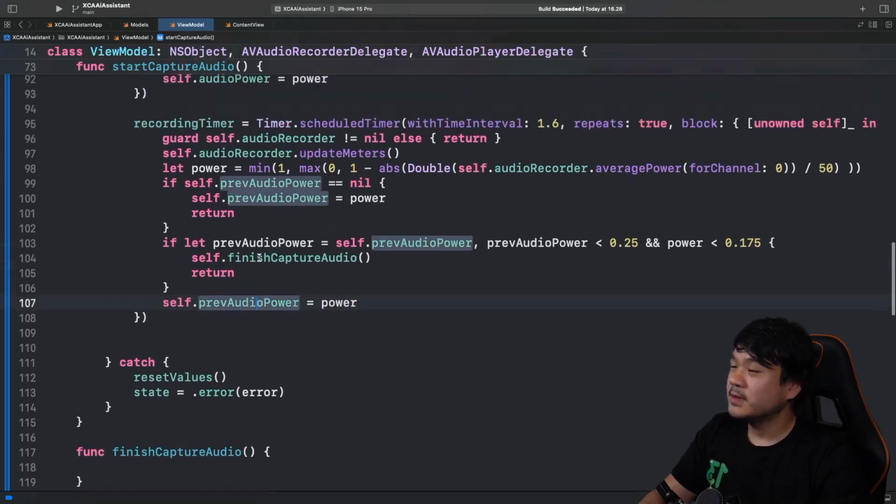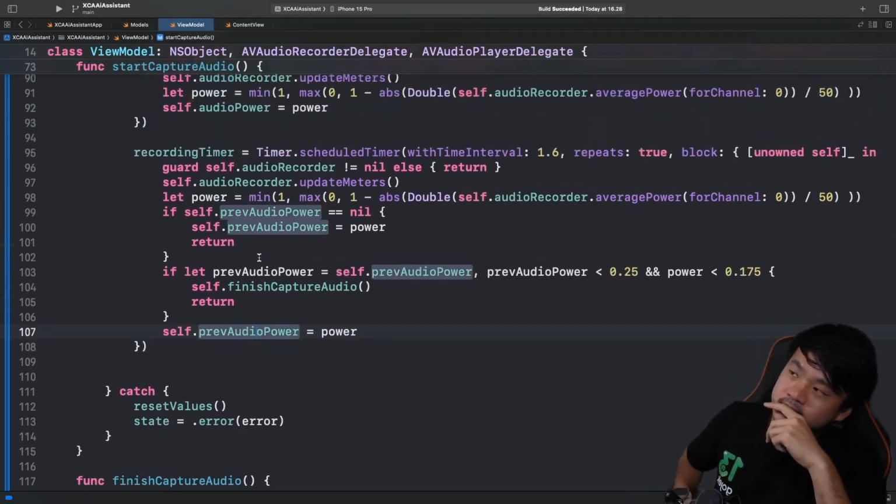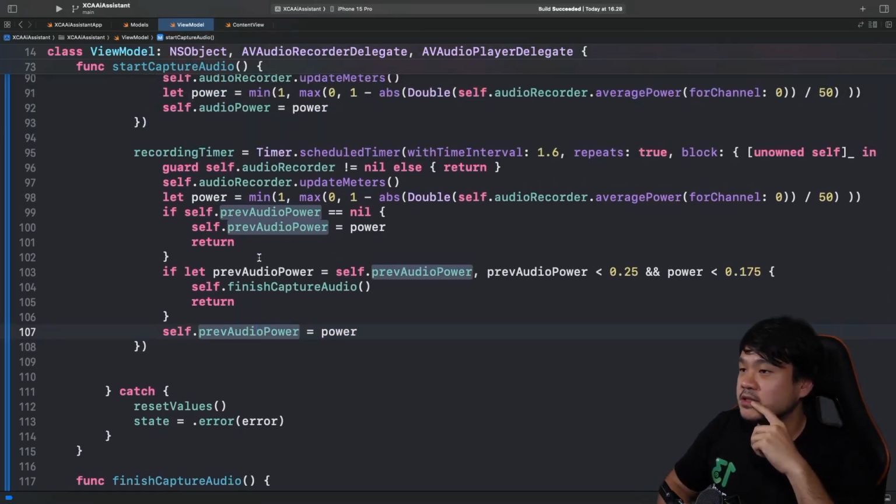Okay, so basically this simple mechanism will just detect if the previous sound is not there. We're going to assign it. Then next time it gets invoked after 1.6 seconds again, we check if the previous audio power is less than 0.25 and the current power is less than 0.175.